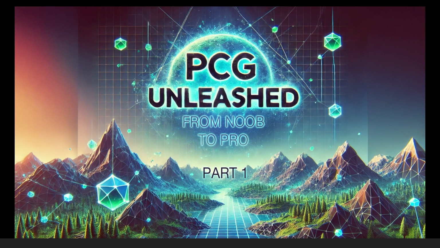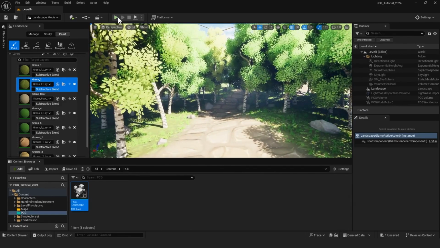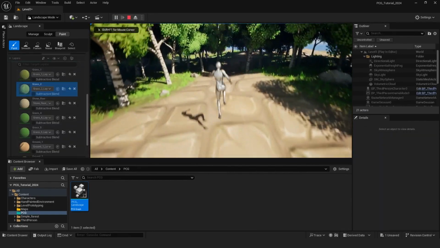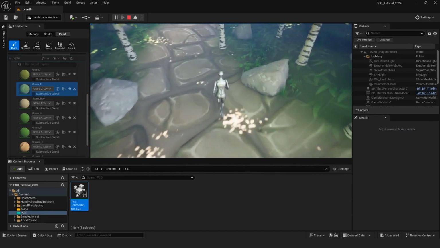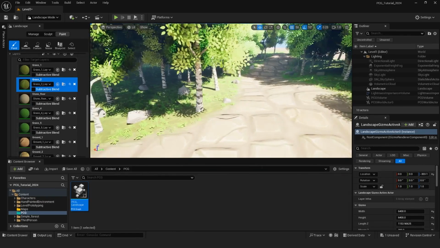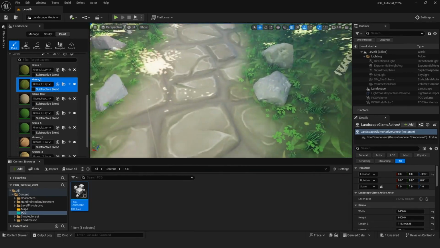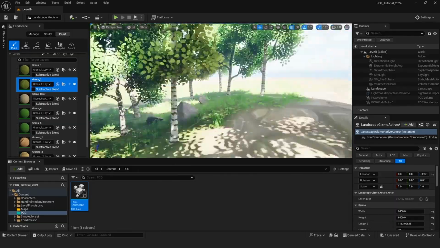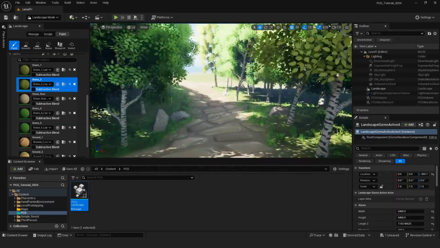Welcome to this tutorial on procedural content generation in Unreal Engine 5. In this lesson, we'll focus our attention on some basics and build our way towards more intermediate content. Some of the topics we'll explore in this tutorial include adding free assets from Fab, installing the PCG plugins and navigating the PCG graph, creating PCG volumes, spawning static meshes into our PCG graph, using difference nodes to exclude data